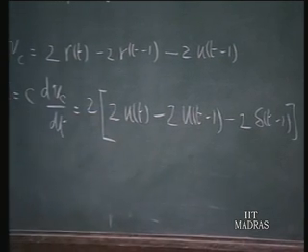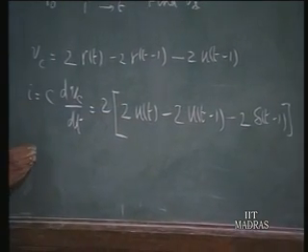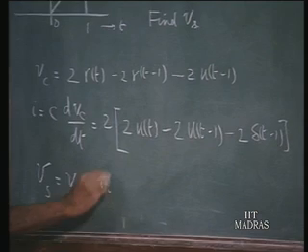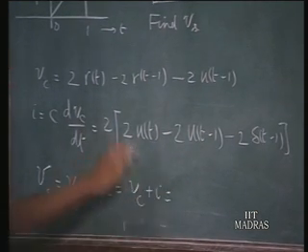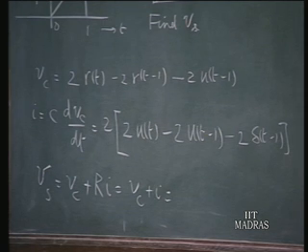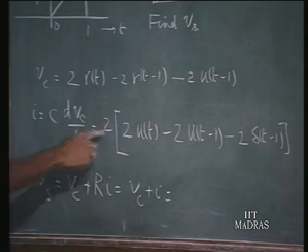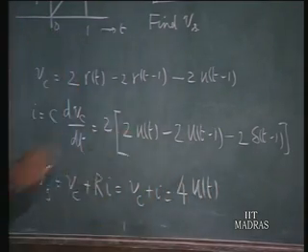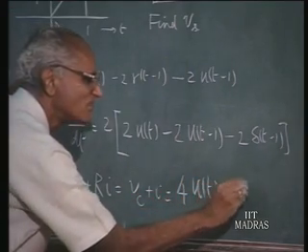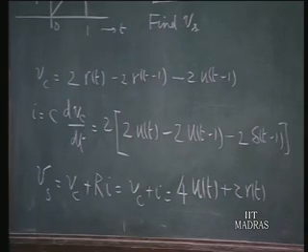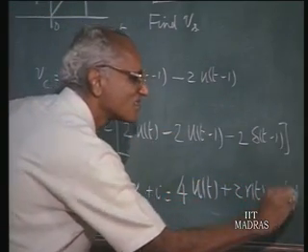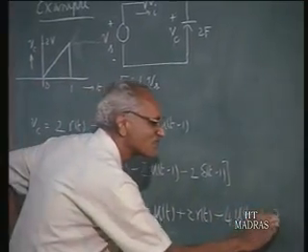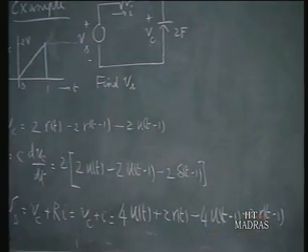that is your I, and Vs equals Vc plus R times I, which is equal to 1. Therefore, Vc plus I, the sum of these 2 will give me the value of the Vs. Therefore, combining these you have 4 ut here plus 2 RT, this one, minus 4 ut minus 1 from this, minus 2 RT minus 1 from this one,